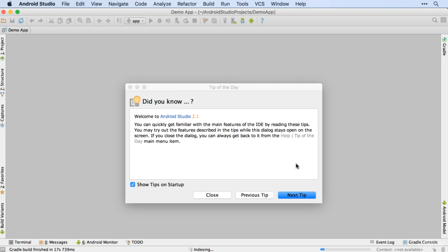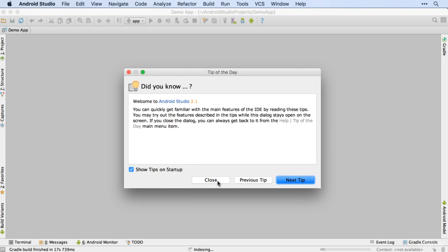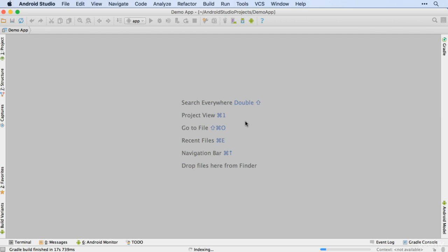And here we go. You'll be presented with a tip of the day. If you haven't already turned those off, feel free to leave those on. They're often quite useful, but I'll just switch that off and close that window. And this then is the main Android Studio window, and this is where we'll be working for the majority of this course. Looks pretty empty at the moment, so let's bring in our project by clicking number 1, project at